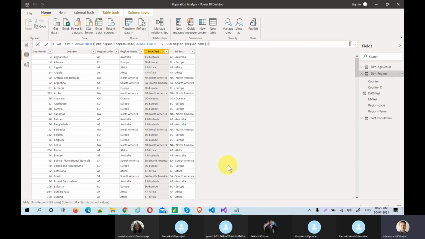So that is the thing basically. You understand, right? If I confused you, let me repeat again. If the table size is very big, and you are creating a custom column in the M code, and that custom column has two dependent columns, here we use region code and region name, and those columns are frequently changed, then it is better to avoid it, because it will take time to load.